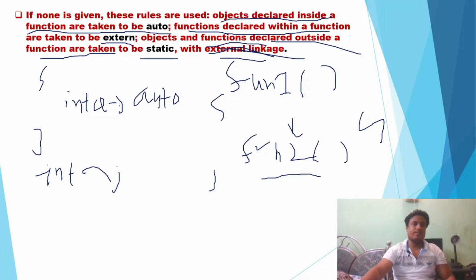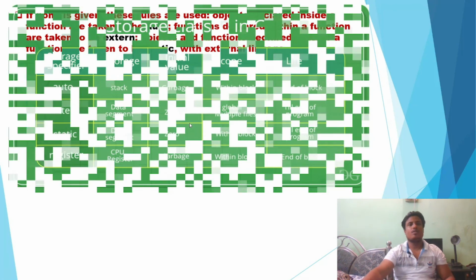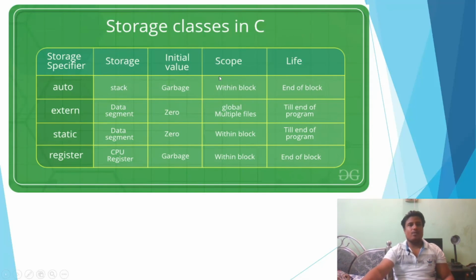Now moving on, let me give you one table which will summarize whatever I've discussed till now, and after that we will terminate this lecture. So this is the table. Just try to remember this table. If you don't understand anything, just remember this table itself, it could help you for now. Whenever you go into coding, you will definitely understand it, don't worry. The first time it is always harder for you, but you have to put some effort into it.